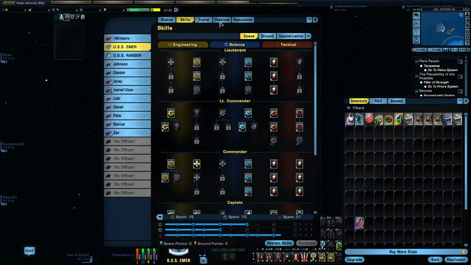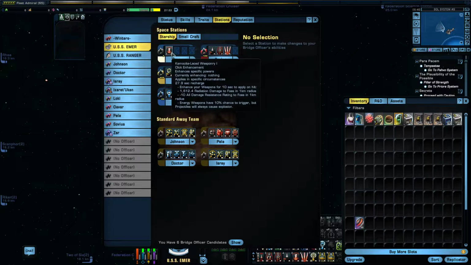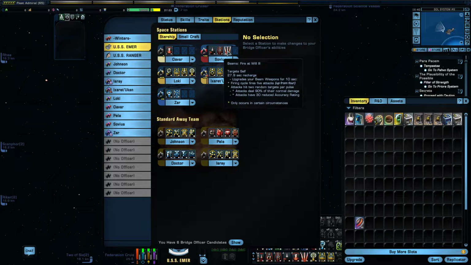Right, that's the skill tree. Let's move on to bridge officers. So in our universal seat, we are using a Chemosite Lace Weaponry 1. In our Lieutenant Commander Tactical, we are using Tac Team 1, Attack Pattern Beta 1, and Beam Fire at Will